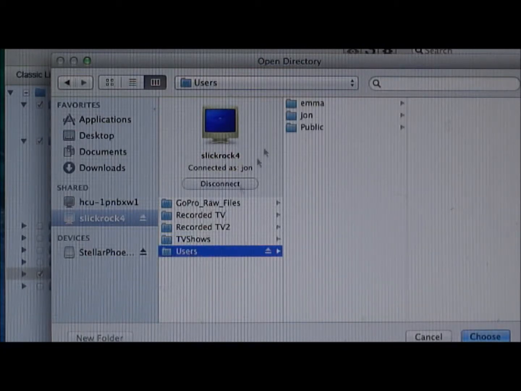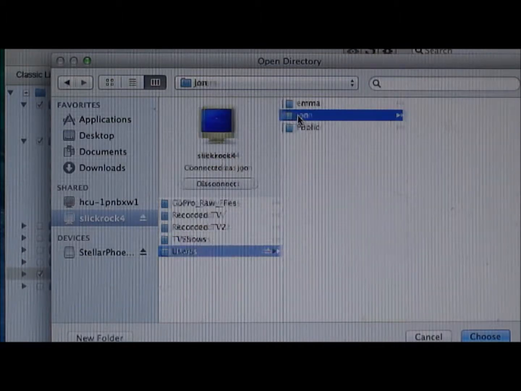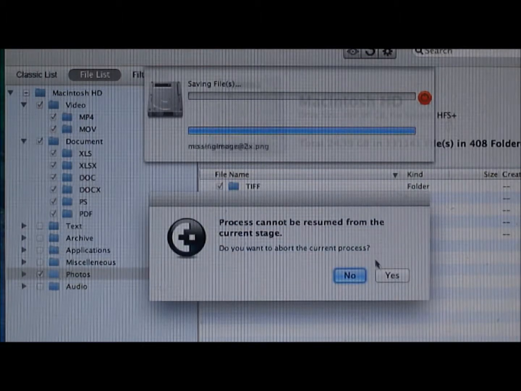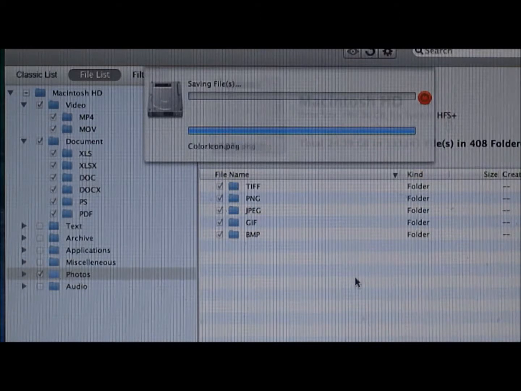So that was a little tricky part that some people might have trouble with. Maybe a USB drive you could recover to also. I'm not sure. I didn't try that, but now I started copying everything over, and I quickly realized I just said all the photos, and there's all these bitmaps and all this other junk. So that's why I ended up canceling here,